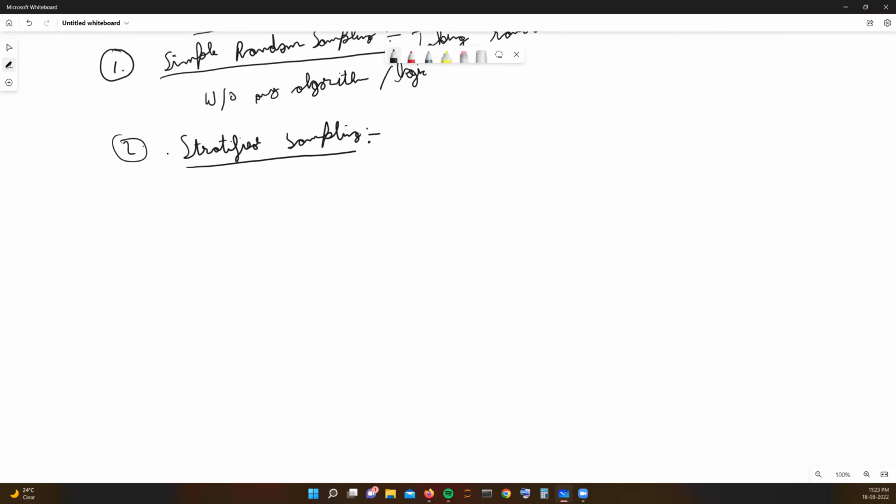So what happens, or you can also say it as layer sampling. In this technique, representation of all strata of your population is made, and from these subpopulations, data will be picked up from each of these strata. So for example, we have a population data, and that has further subgroups: